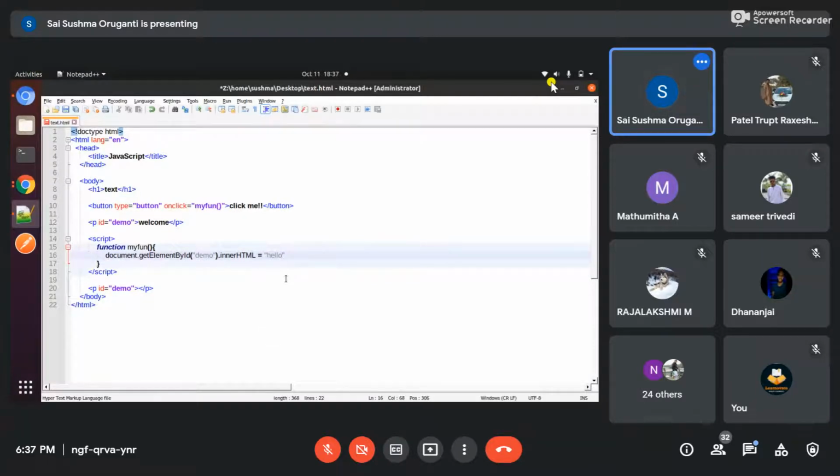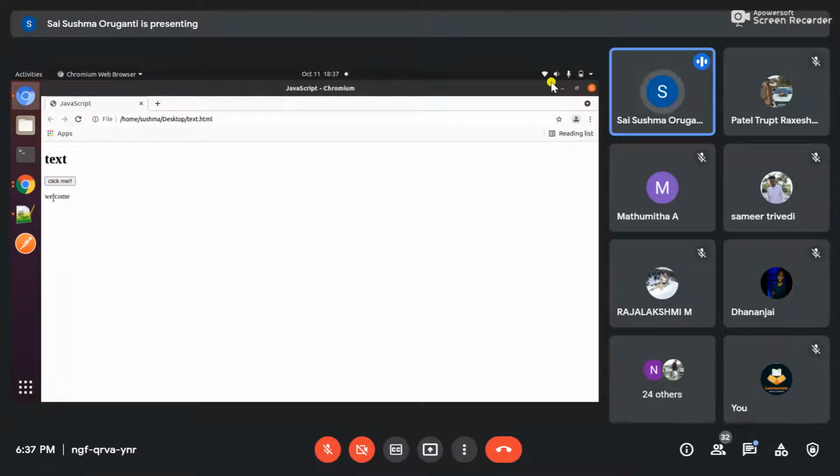It's similar to the last example, but it's more professional. First we are writing one button. When we click on this button, this function has to be called. Inside this function, we are getting the paragraph element. Already the paragraph element has the welcome text, but we are replacing welcome with hello by using the ID. Now I will show you.